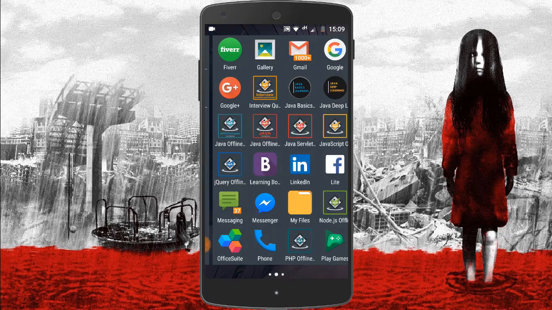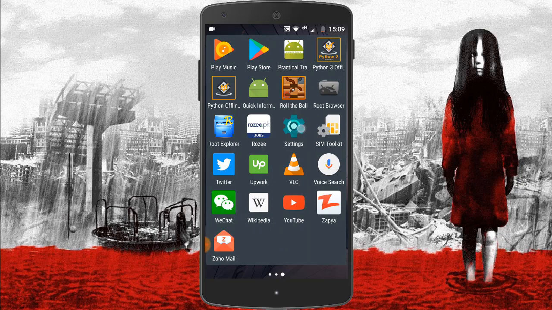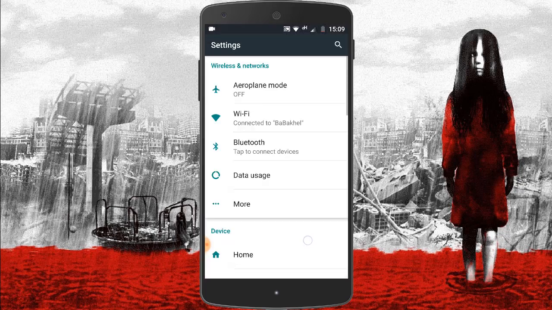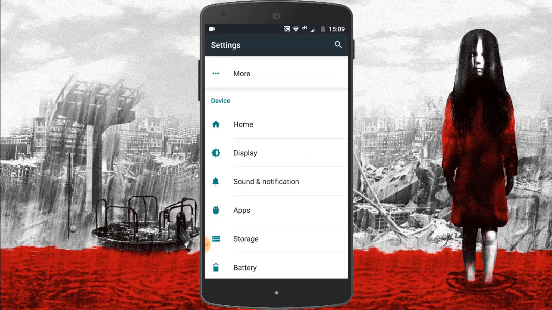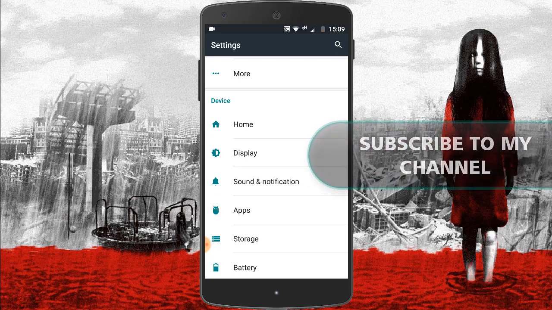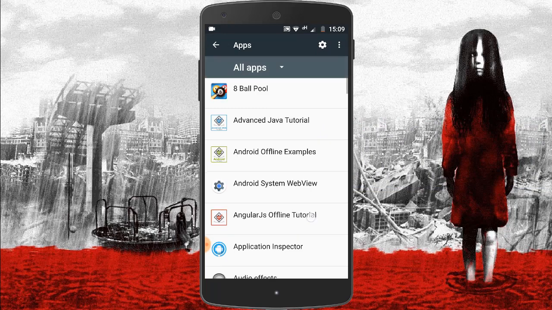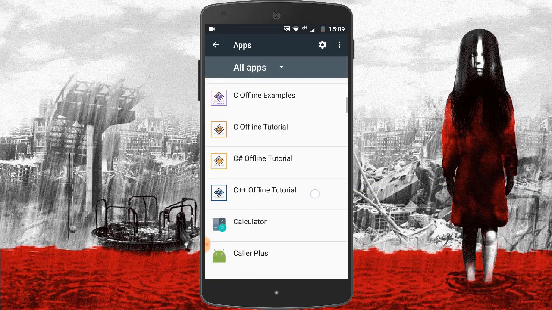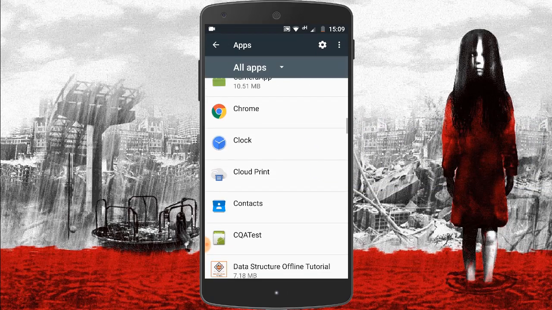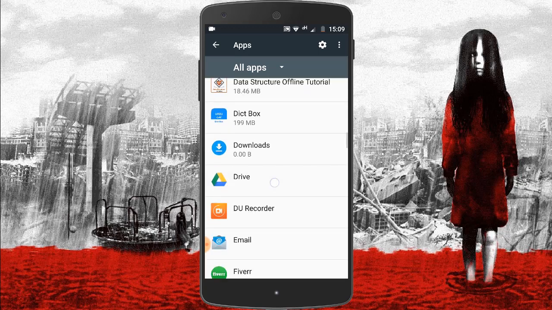First go to settings. Now slide down and search for apps. In some Android phones, apps are called App Manager. Click on Apps or App Manager. Now slide down and search for your required app. For example, I will click on Drive